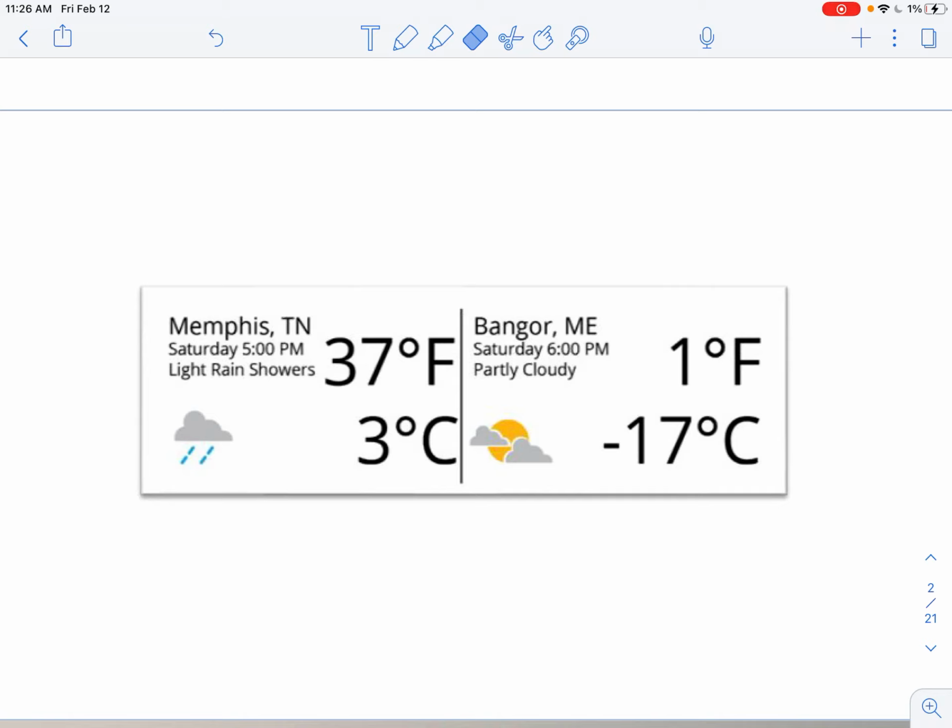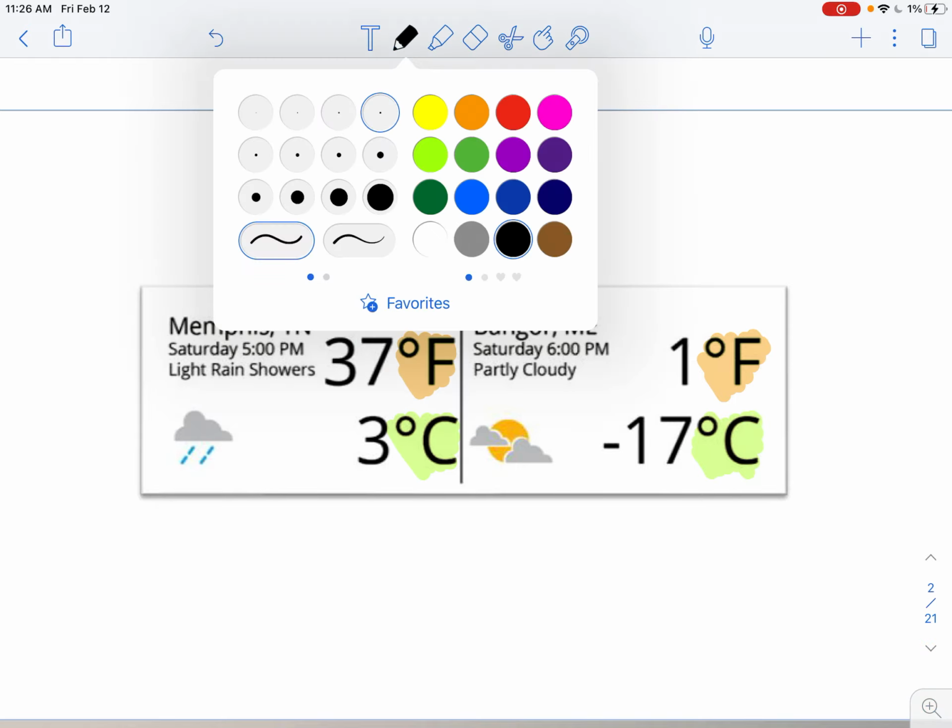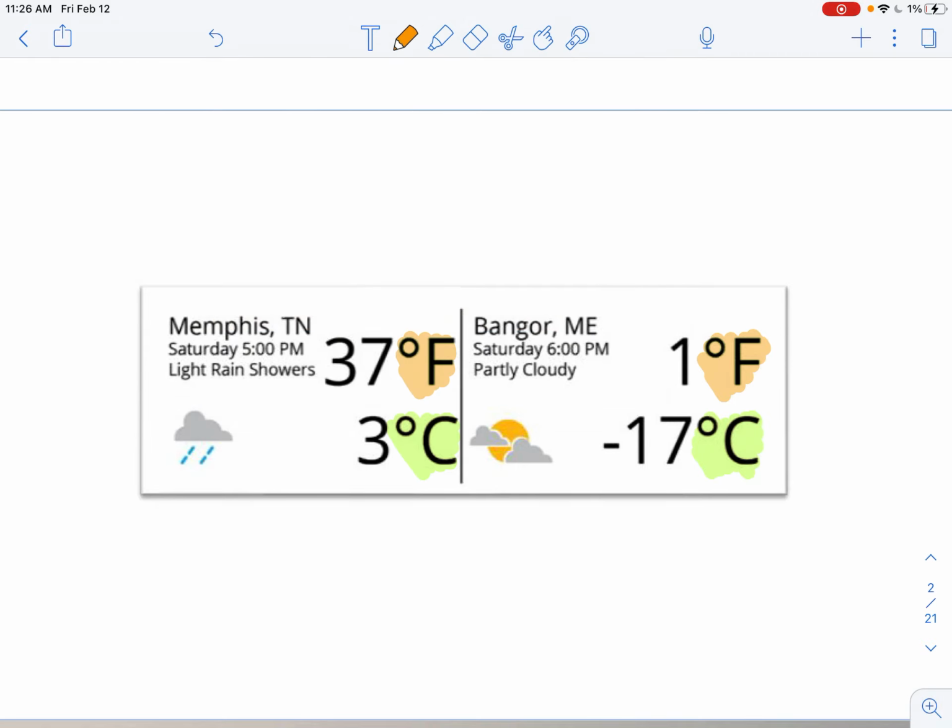There are a few key things that we talked about in class as we were discussing this image. First is we can see that temperature is measured in degrees Fahrenheit and in degrees Celsius. Degrees Fahrenheit and degrees Celsius are two different ways of comparing temperatures, much like we could measure distance in both feet and meters. If we were comparing the temperatures of Memphis, Tennessee and Bangor, Maine, we could either say that